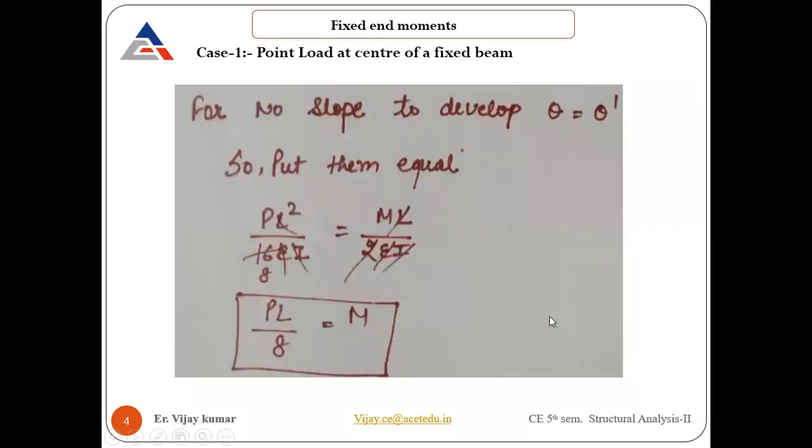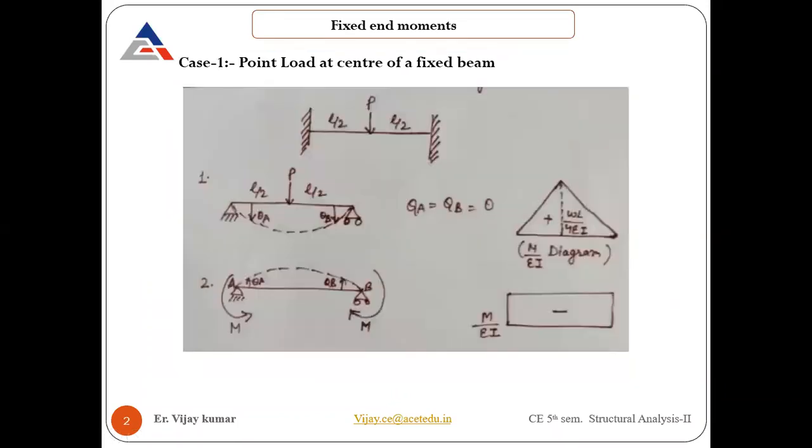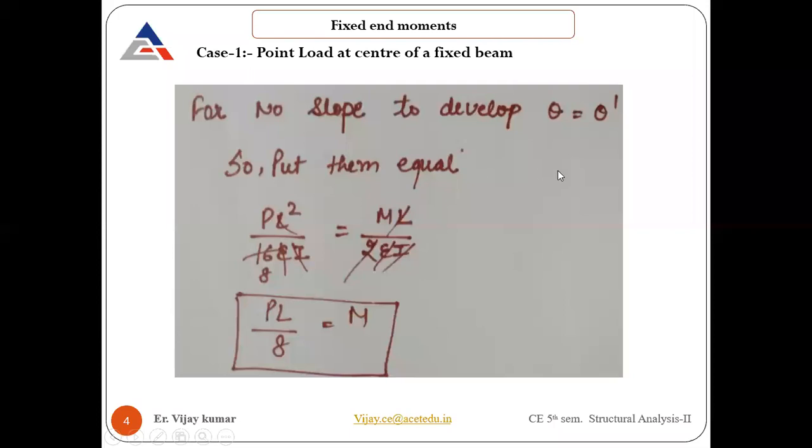So putting this equal means, because there is no slope, theta, that is theta without dash, is replicating the theta of this one. This is the theta and this is the theta dash here. So theta minus theta dash should be equal to 0, or otherwise you can take it to this side also, so that they are considered to be equal.